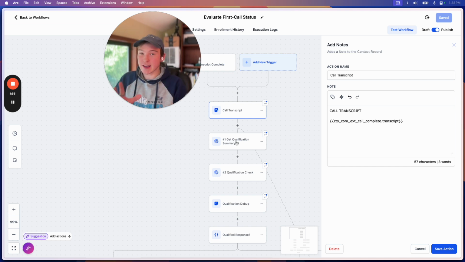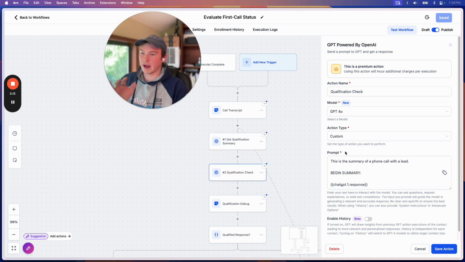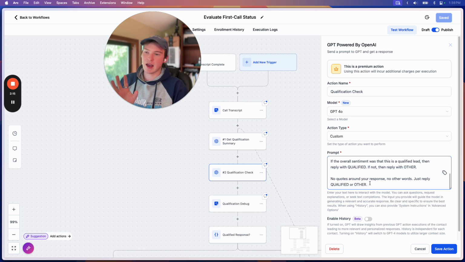And so the way this works is we're using a chain of thought. If you think about OpenAI's O1 model, or O3, I guess is the new one, it's basically reprompting itself until it comes to a solution. And this is sort of similar, because what I tend to see people do is they say, if this lead is qualified, then output qualified, and if it's not qualified, then output not qualified or something like that.